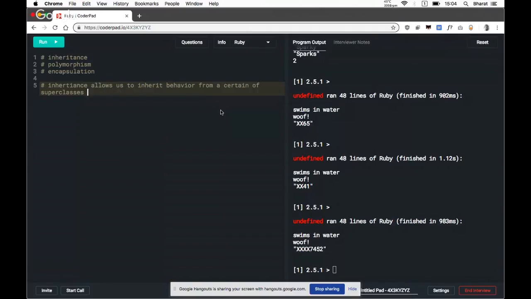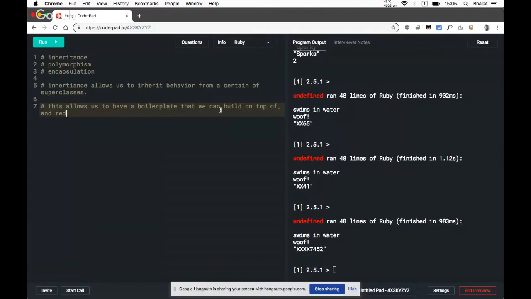This allows us to have a boilerplate that we can build on top of, and allows sharing of code in some ways.